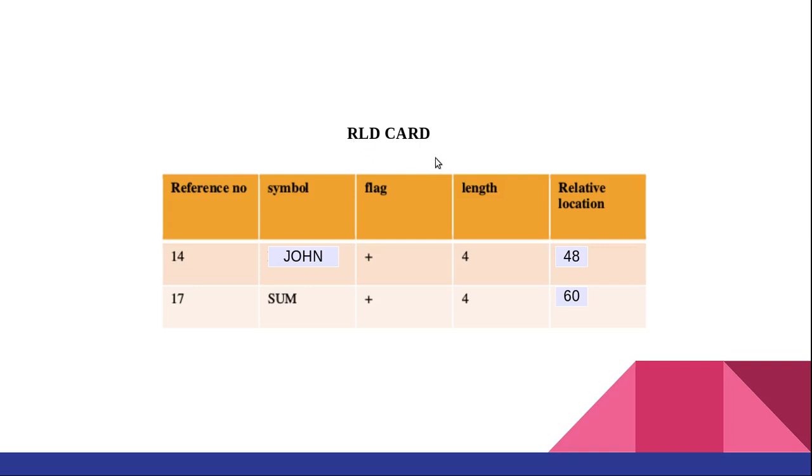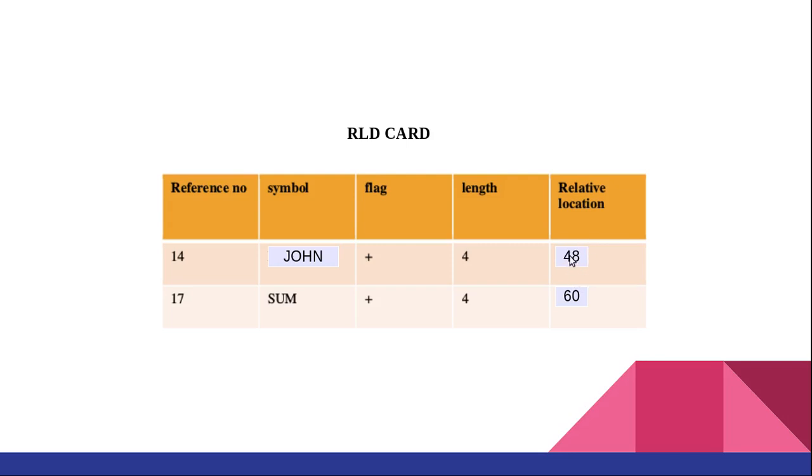That means we have seen the pointer and ASUM data is depending upon the address at which the program is going to be loaded. And what is the relative address of pointer and ASUM? That is 48 and 60. So what all locations? That is 48, 60. This is the location of pointer and ASUM. This content is depending upon the address at which the program is going to be loaded.